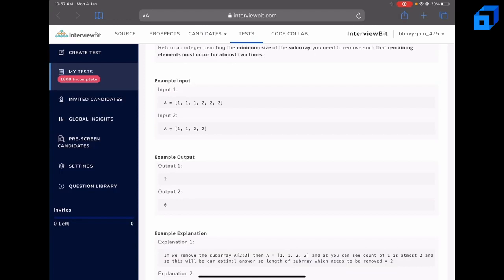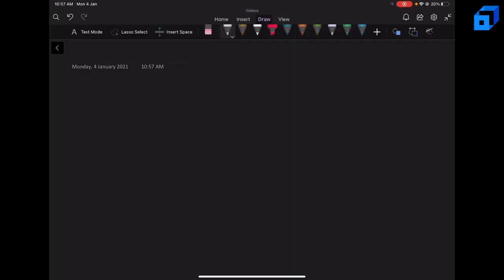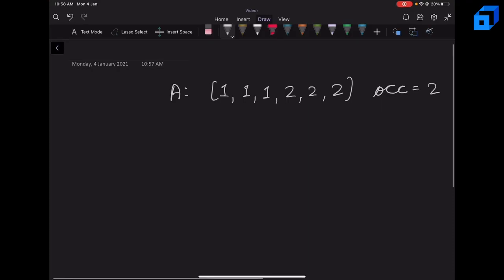So let's look at the solution approach. Now, let's take the same example 1, 1, 1, 2, 2, 2. One thing you can notice is, let's first keep a variable occurrence which finds the initial number of elements whose frequency is greater than 2. So for example, in this case, there are 2 elements whose frequency is greater than 2. We can find those elements by, let's say, keeping a frequency array. And when the frequency becomes equal to 3.